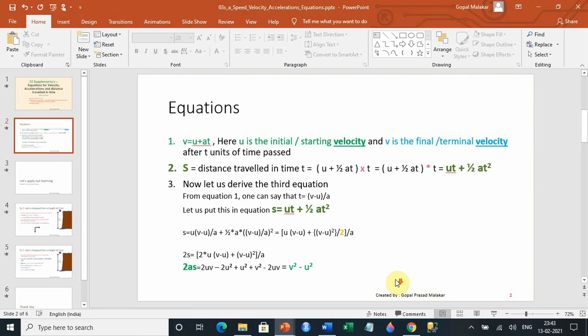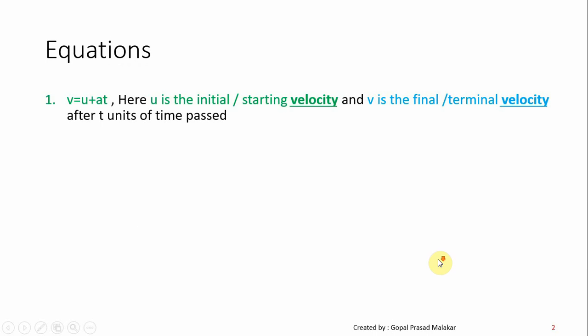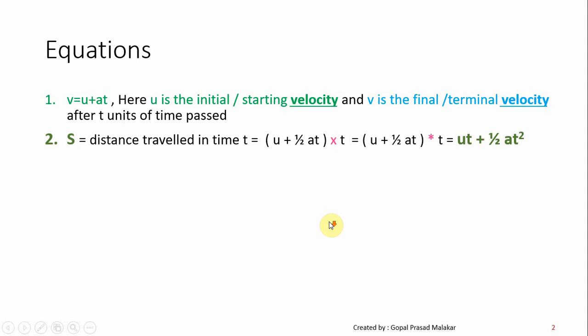So let's get going. Let's recap the formulas of the velocity. v equal to u plus at, where u was the initial velocity, a was the acceleration, and t is the time taken. So v, the terminal velocity, is given by v equal to u plus at. And if you look at how much distance something has traveled when it started with u with acceleration a, we got the equation s equal to ut plus half at square.